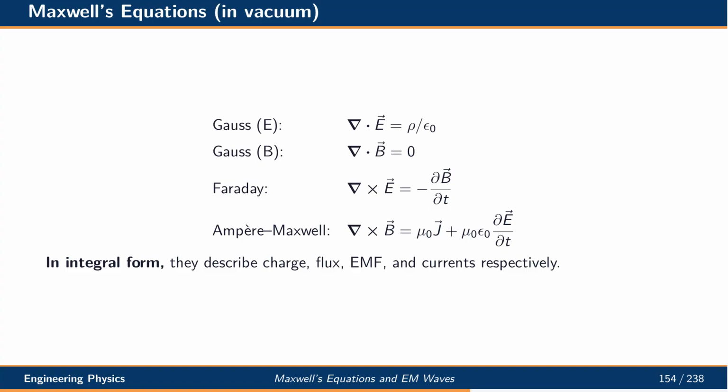Maxwell's four equations in vacuum are as follows. Gauss's law for the electric field relates field divergence to charge density. Gauss's law for the magnetic field states there are no magnetic monopoles. Faraday's law links the curl of the electric field to the time variation of the magnetic field. The Ampere-Maxwell law links the curl of the magnetic field to current density and the time variation of the electric field. Together they describe all classical